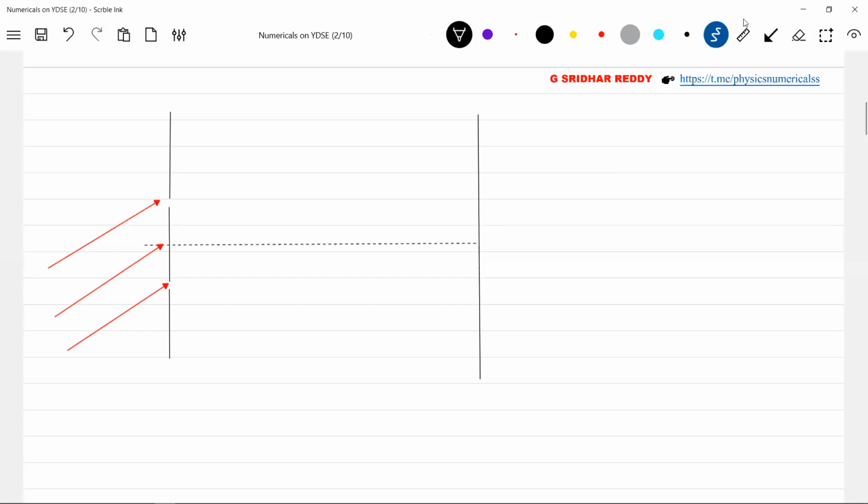Okay, fine. Let me call this angle alpha. This is the slit, the upper slit. There's a source, a monochromatic ray of light. Instead of illuminating the slit normally, the ray of light is incident at an angle alpha with respect to the axis, and the distance between the screen and the slit, let it be capital D. So this is our screen. We want the expression for the nth order of maxima that is formed on the screen.